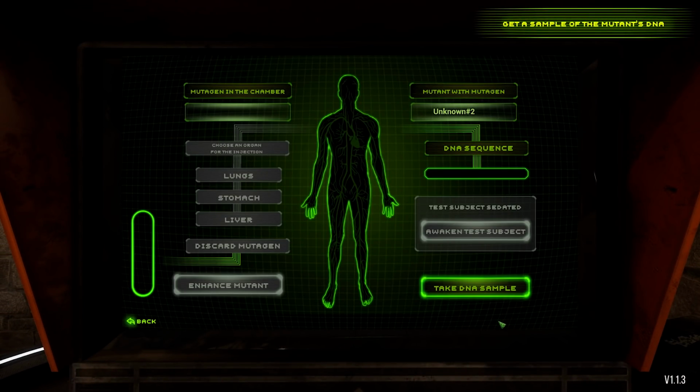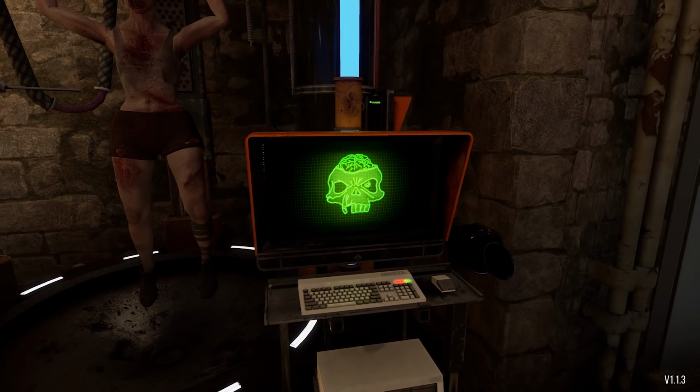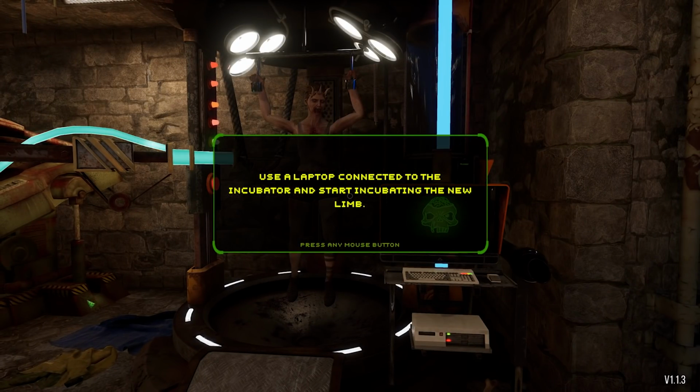And let's see about taking the DNA sample. Okay, so now we got that. Hey, don't be kicking over there. You're supposed to be sedated. You stay there, okay? Now, we're going to go over to the incubator, and this is where we start incubating